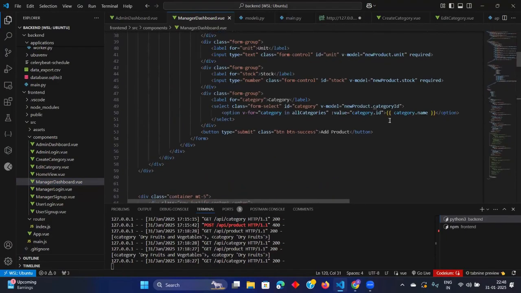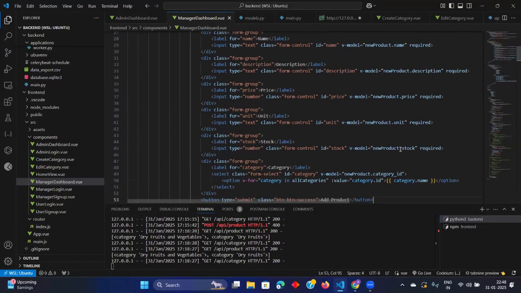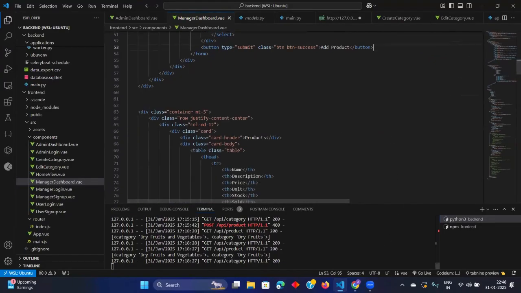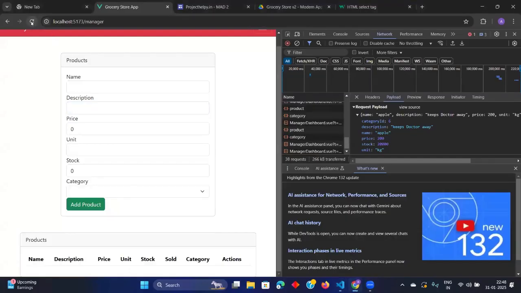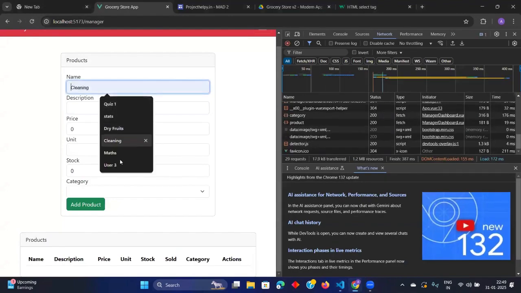So in new product, category underscore ID, category value category dot ID, and it will pass it here. Okay, fine. Now it is fine. It should hopefully work now. Let's see.